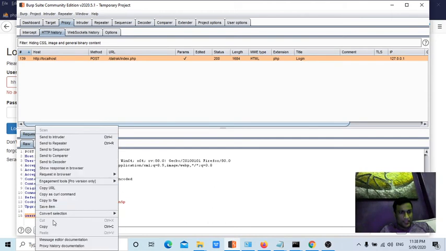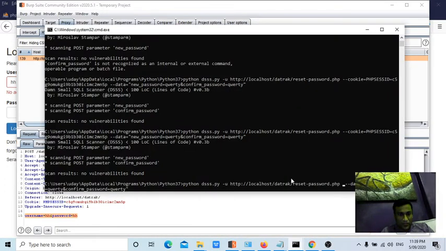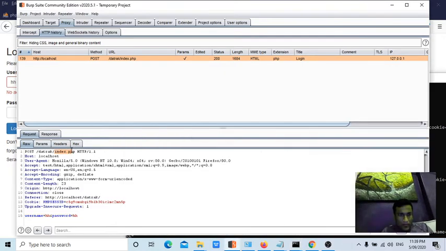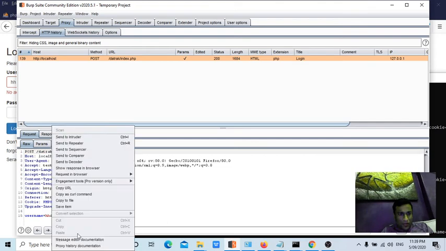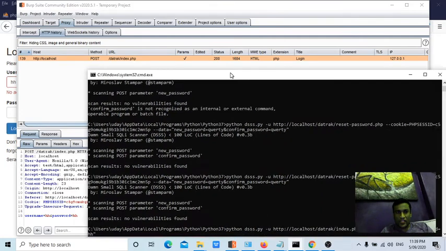Since it is an external page, I need to copy the URL too, right? Because that is the page the username and password will be sent to. So now within the double quotes I'll remove everything and paste it, and in the place of URL, to which page is it sending the username and password, guys? Index.php. Okay, here you need to see POST, or else you can right click, copy URL here and paste there. Now it should work, it should check at any cost.